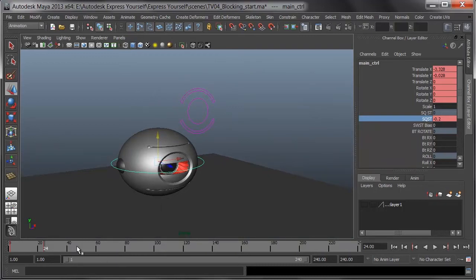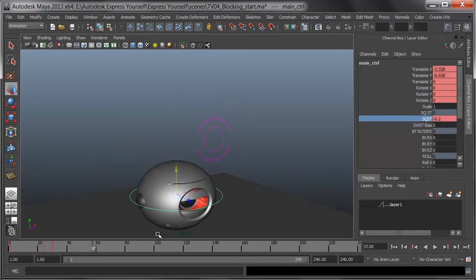After this crouch, I'll let him hold for just a second. I'll come over to frame 30 and press Shift W to put another key in. Just because we're using keyframe animation on a computer doesn't mean we're going to see fewer keyframes than in a hand-drawn animation. We're going to see lots of keyframes to get the animation right, so don't be afraid to put them in. Now I'll go over a second plus, and I'll say at 57 or so, he has sprung up,